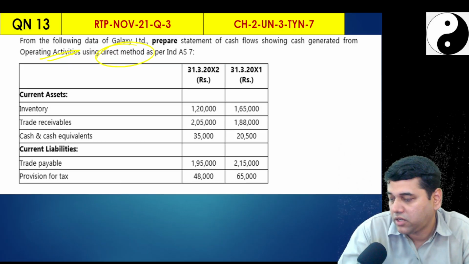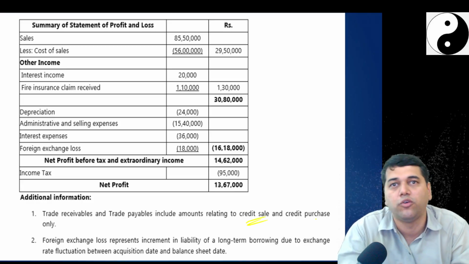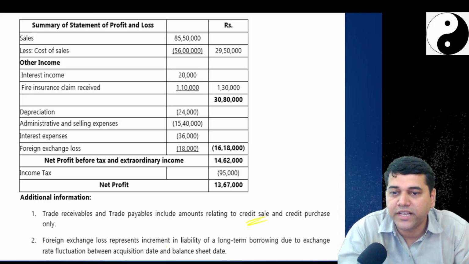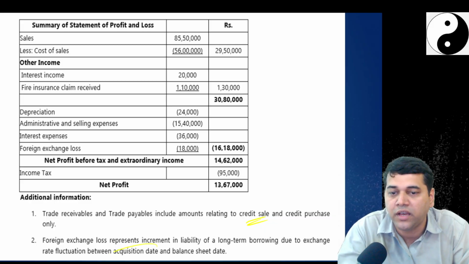Okay, so I hope you can do it. Trade receivables include an amount relating to credit sale and credit purchase only. Okay, that means the full opening and closing balance you will check. Foreign exchange loss represents an increment in the liability of a long-term borrowing due to exchange rate fluctuation between the acquisition date and